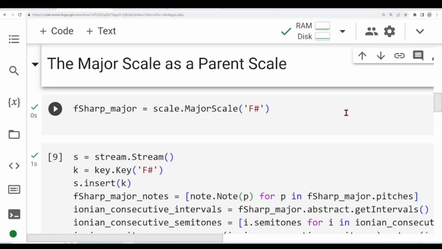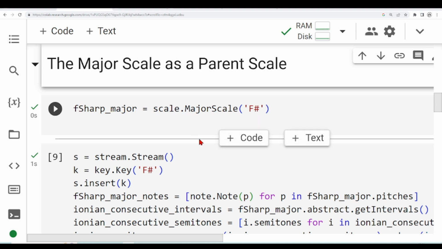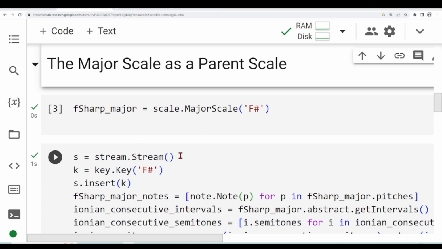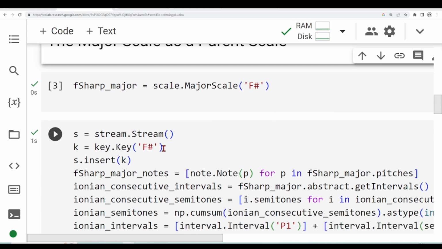In a previous step, we created a major scale. We used the F sharp to create the scale. So this is an F sharp major scale. Then we created a string, and now I want to put the key of F sharp and insert this key